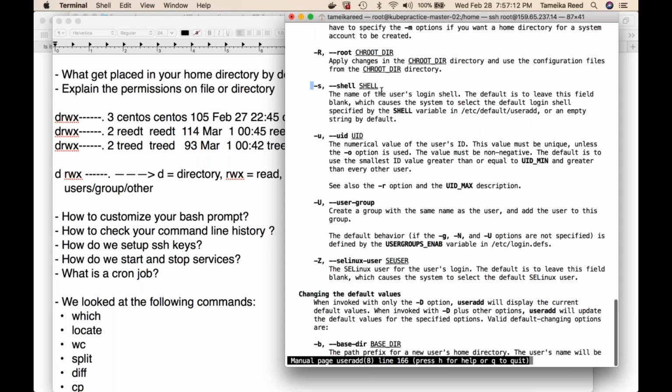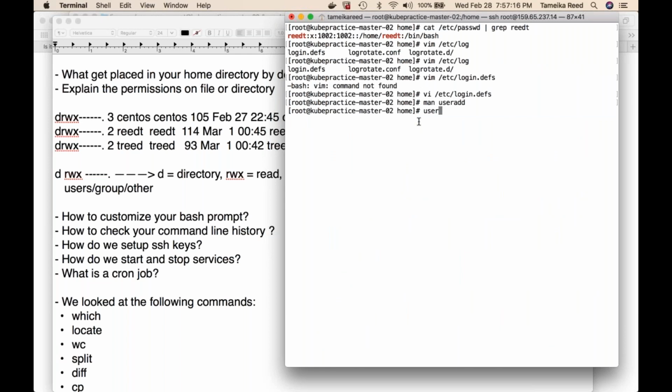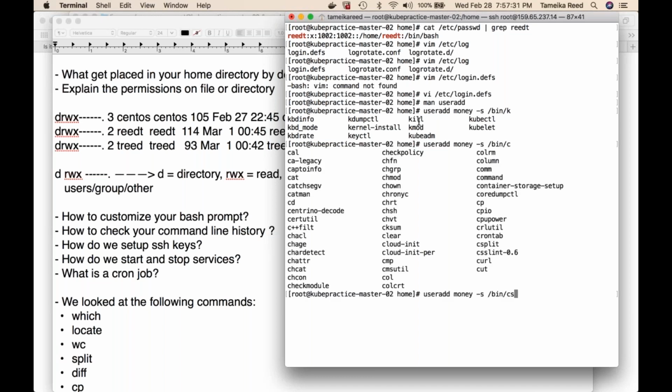The type of shell that I want that user to have, I'll show you. useradd -s /bin/... Can I do the korn shell? No. How about csh shell? Maybe. Yeah. So if I look at /etc/passwd